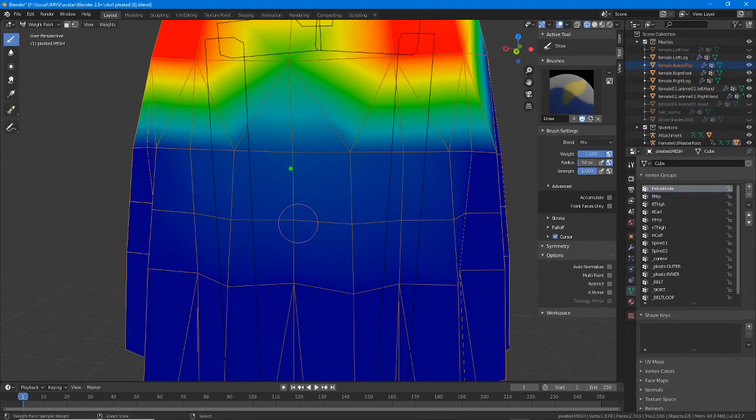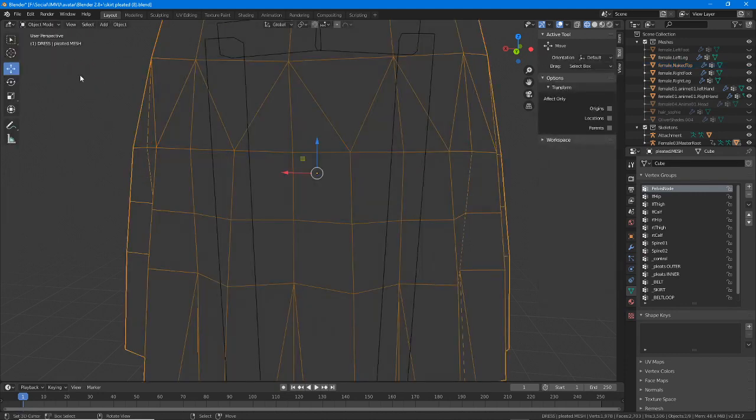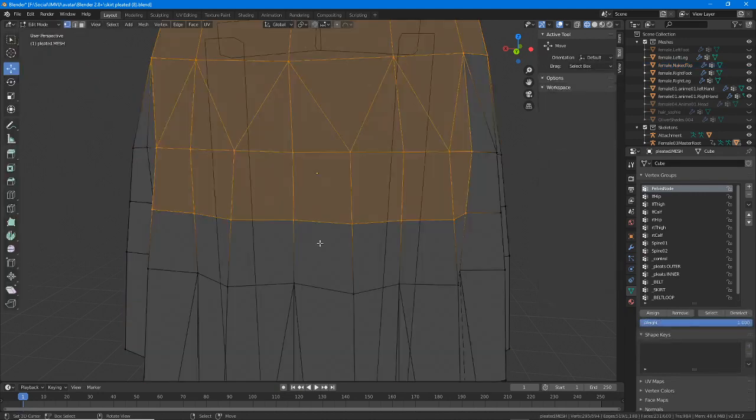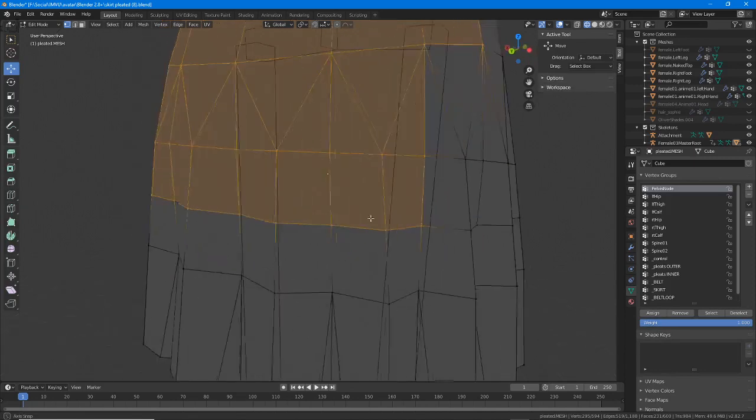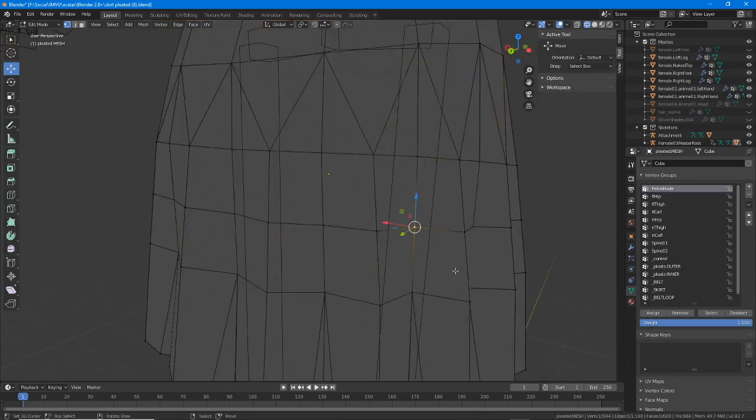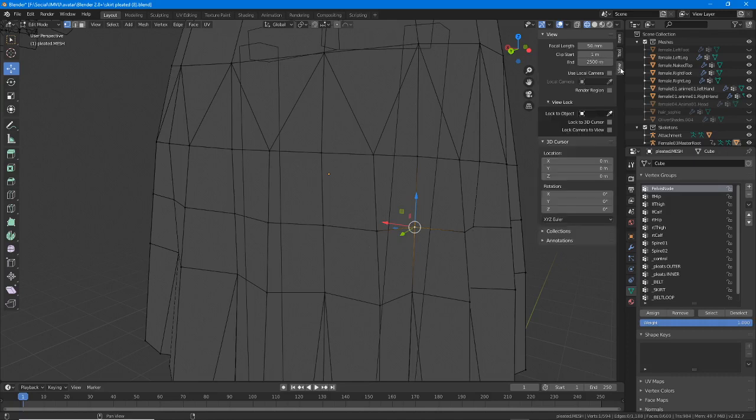So there are some weight paint values associated with these vertexes. So we want to keep those. But it's not particularly even, so